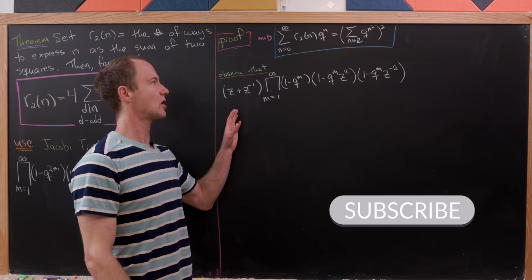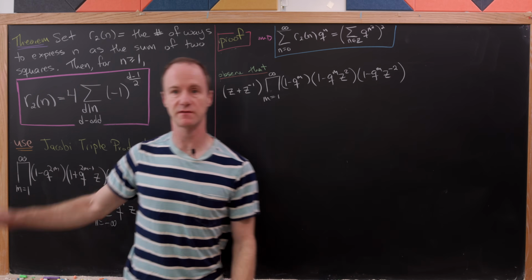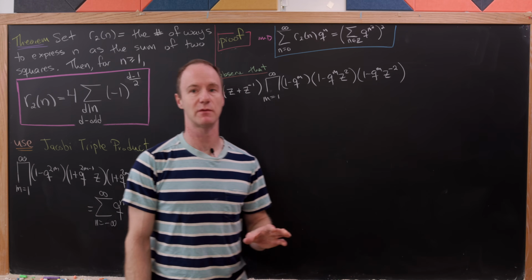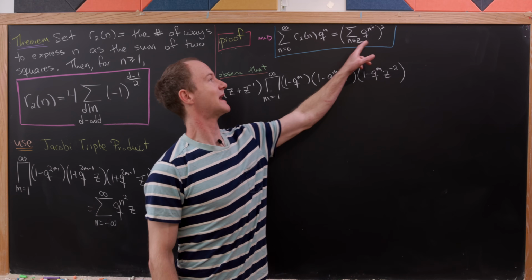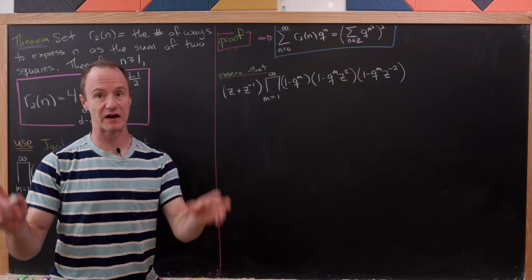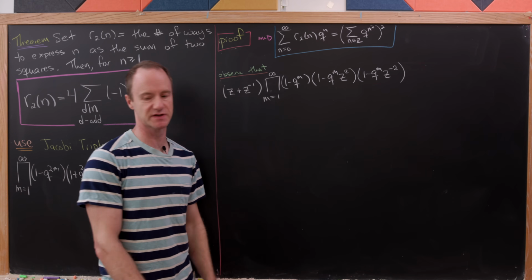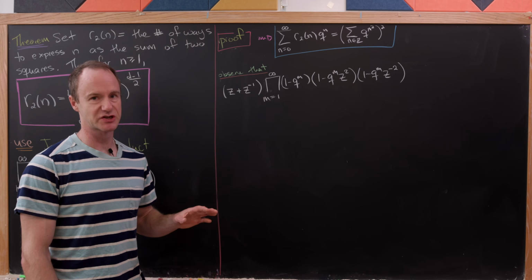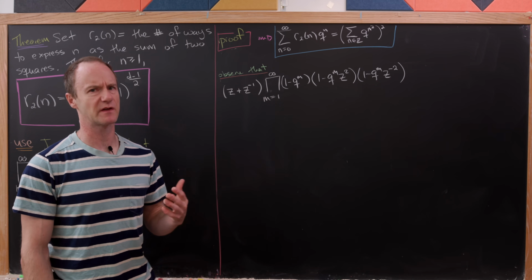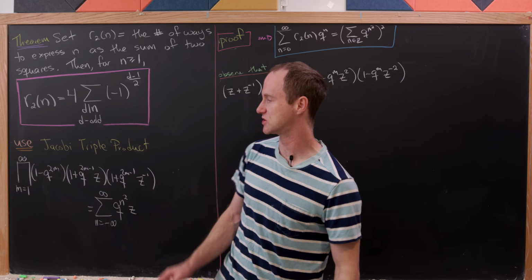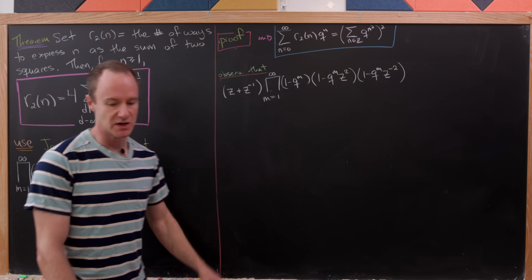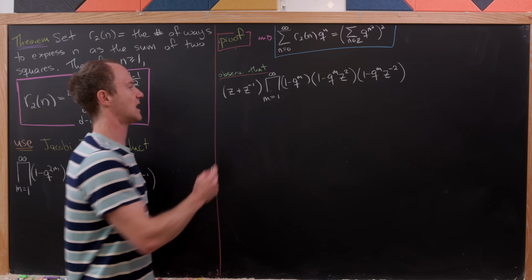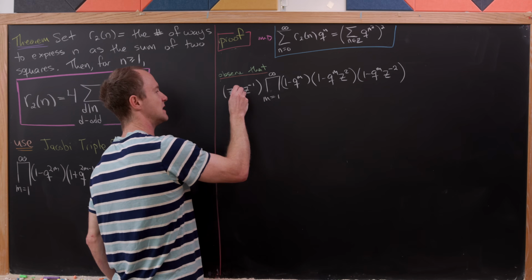Okay, so we just argued that our generating function for the number of ways to write n as the sum of two squares can be written as the square of this fairly simple hypergeometric series. And now we're ready to start with our argument involving the first round of application of the Jacobi triple product. So I'd like to start with this term right here, this z